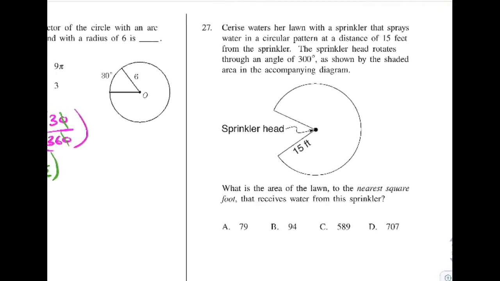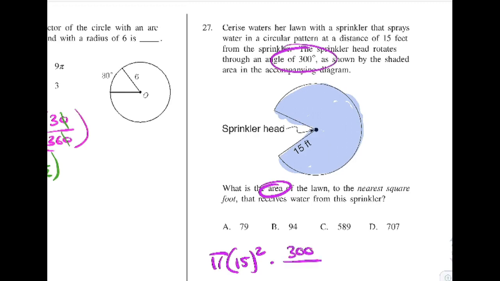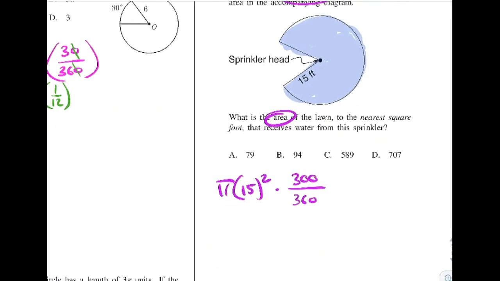And the last one. So this is another super slice of pizza, except we're talking about a giant sector. All of that Pac-Man area in there. So we're talking area. Area is pi r squared times the angle over 360. Simplifying that, 15 squared is 225 pi. You could type it right into your calculator from here if you wanted to, and it comes out to be about 588 and change, which rounds up to